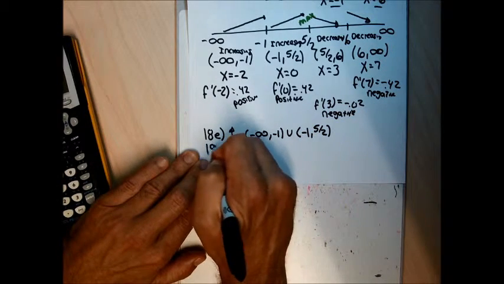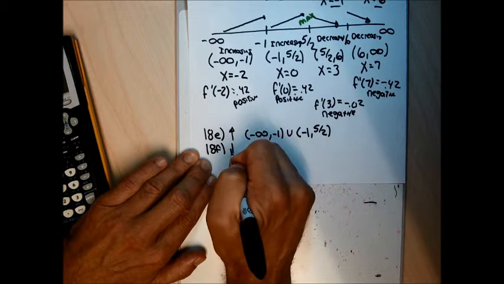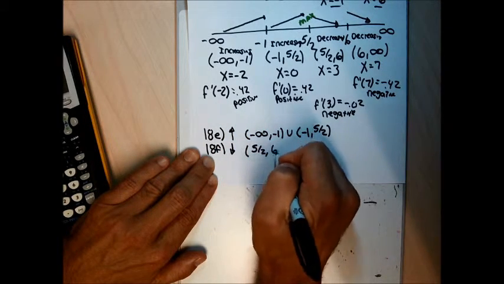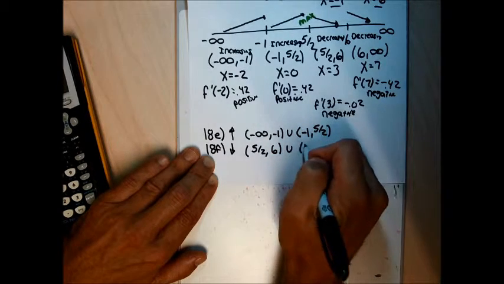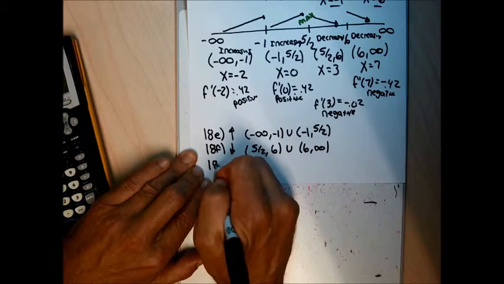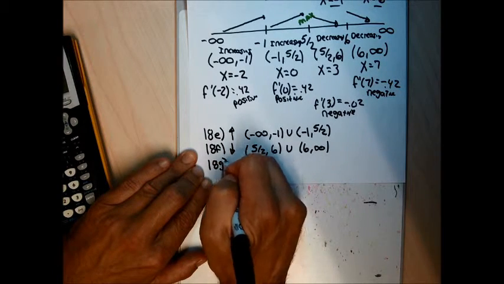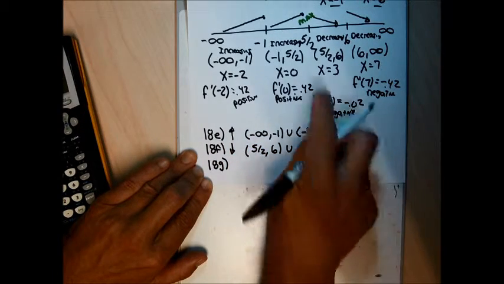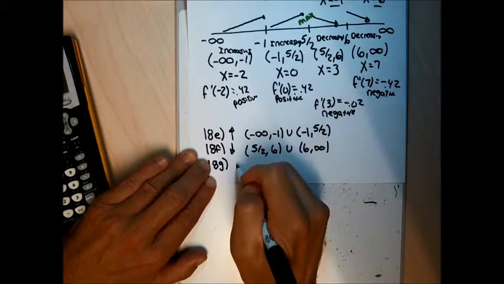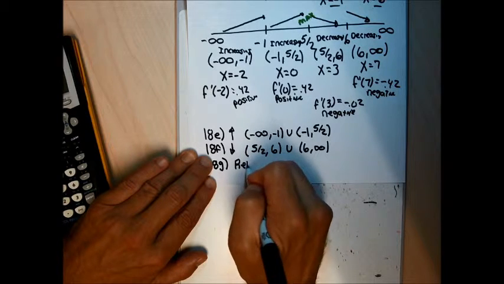For 18F, I'm going to say the graph is decreasing in the interval from x equal to 5/2 to x equal to 6, and then again from 6 to infinity. For 18G, I need both the max and the min, and I know that there's a maximum and its x coordinate is 5/2. I don't know its y coordinate, so I can say there's a relative